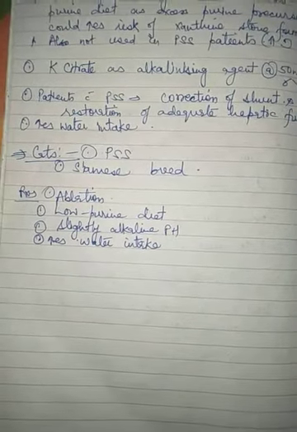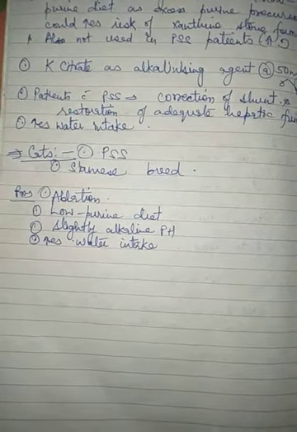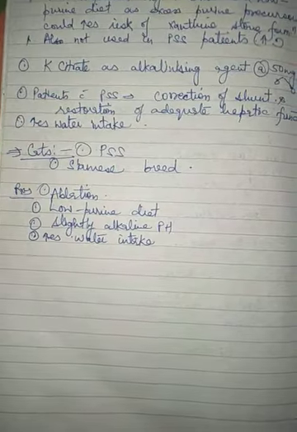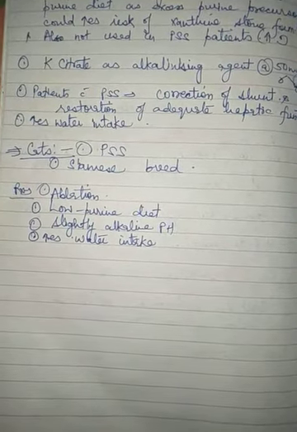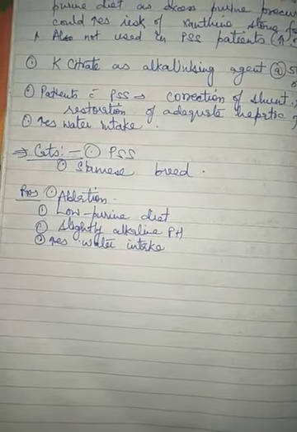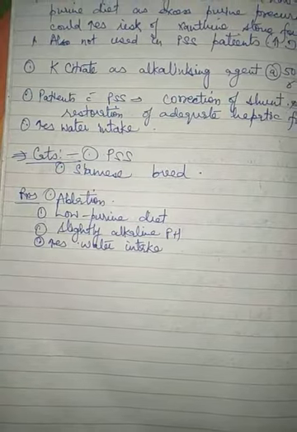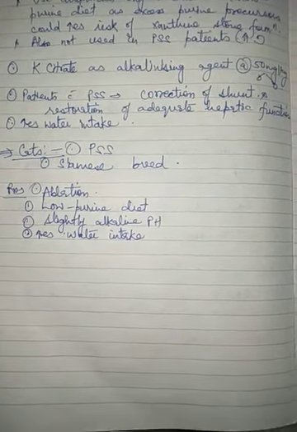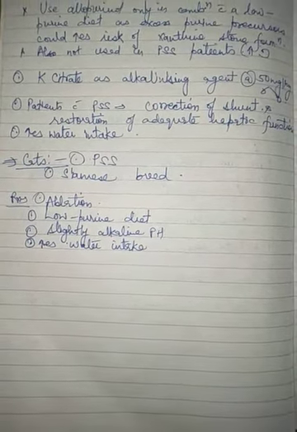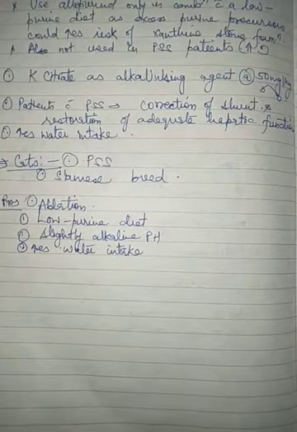In cats, portosystemic shunt is a possible cause of urate crystals, and the Siamese is the most predisposed breed of cat. For the treatment, ablation methods, a low purine diet, slightly alkaline pH, and increased water intake are the prevention as well as the treatment methods for urate crystals in cats.